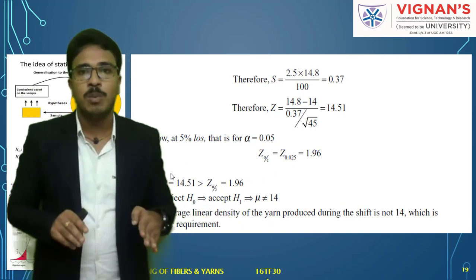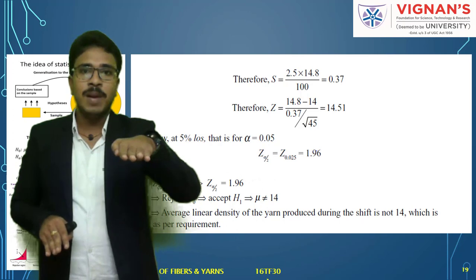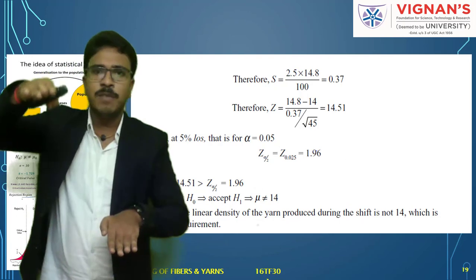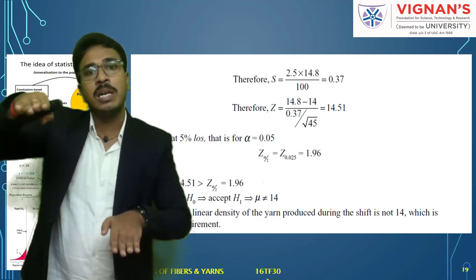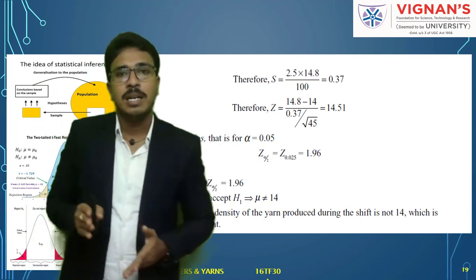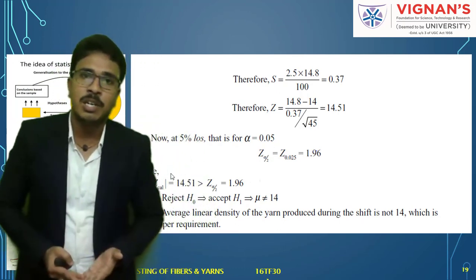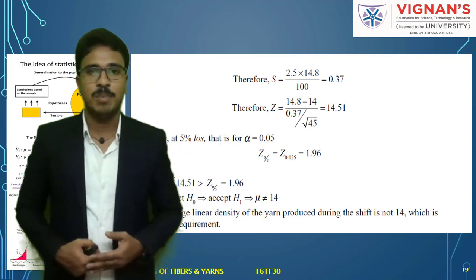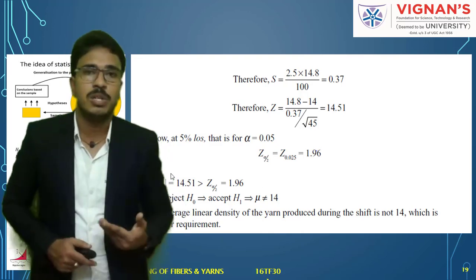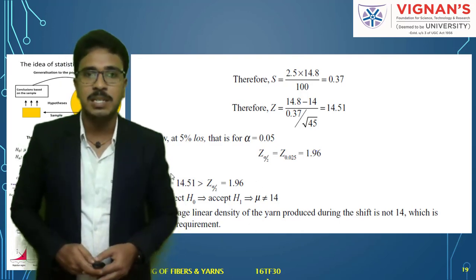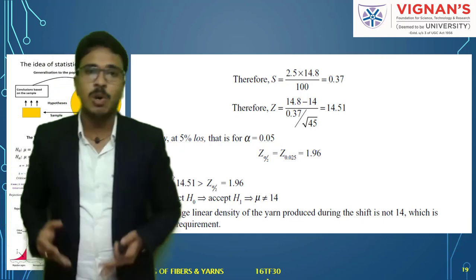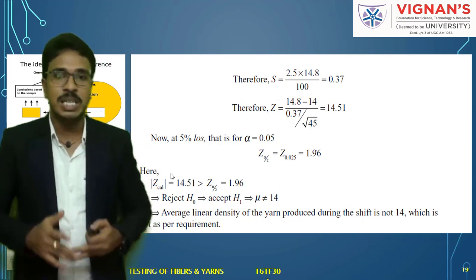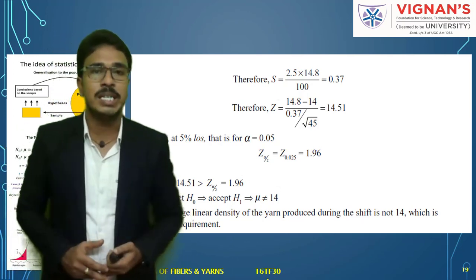So in this problem, what you have arrived at, your table value is 1.96 and your calculated value is 14. So a huge difference is there. So obviously you can reject your null hypothesis. If you are rejecting your null hypothesis, in the sense, obviously we are accepting the alternative hypothesis, and accordingly we have to draw the statistical inference. Understand? This is how you need to solve this problem, or test our hypothesis, by using the z-test. I hope you understand this.